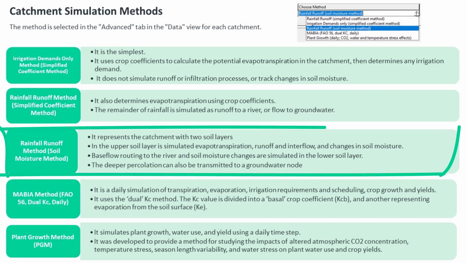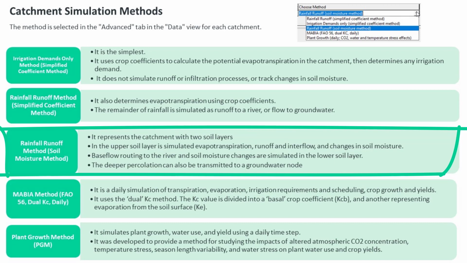The rainfall runoff method, soil moisture method, is more complex. It divides the catchments into 2 soil layers. It is also possible to simulate snow accumulation processes. The upper soil layer simulates evapotranspiration considering rainfall and irrigation on agricultural and non-agricultural land, runoff and shallow interflow, and changes in soil moisture. Base flow routing to the river and soil moisture changes are simulated at the lower soil